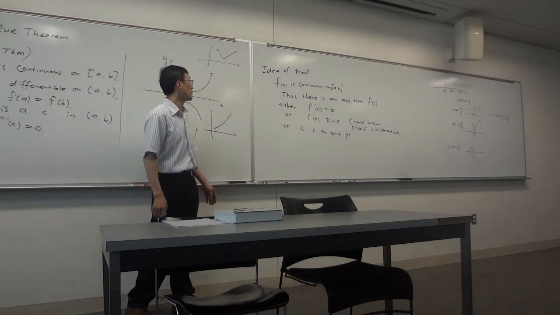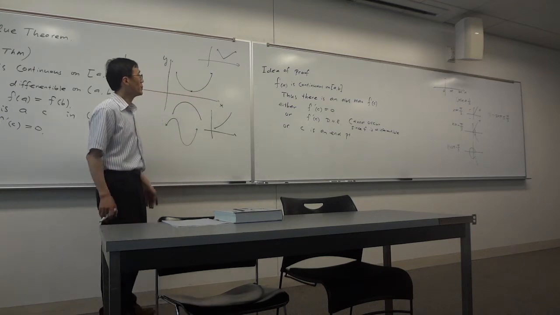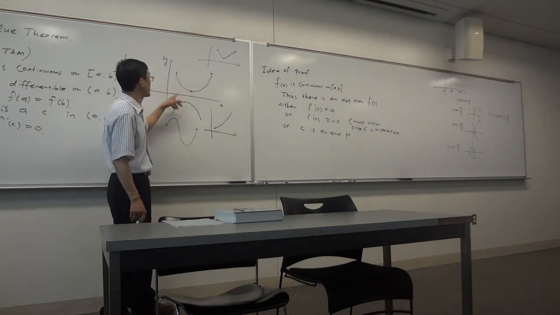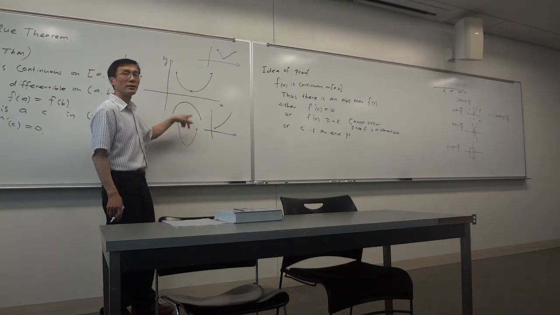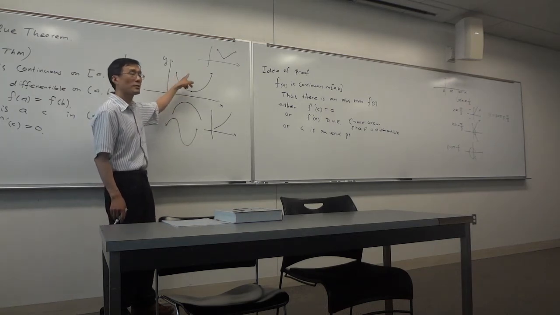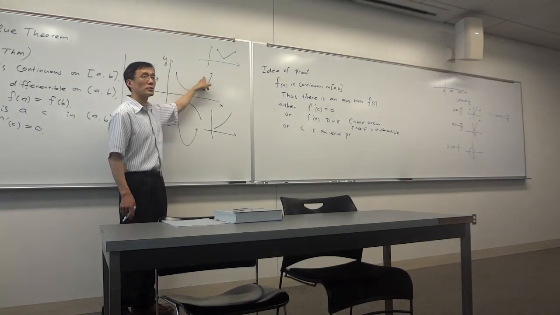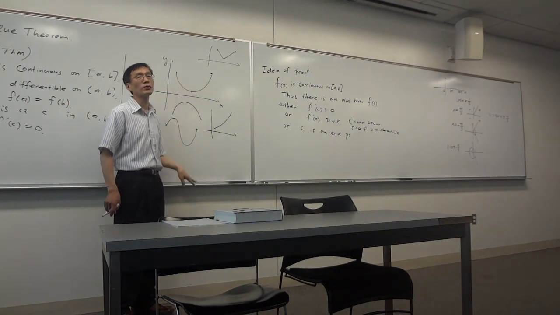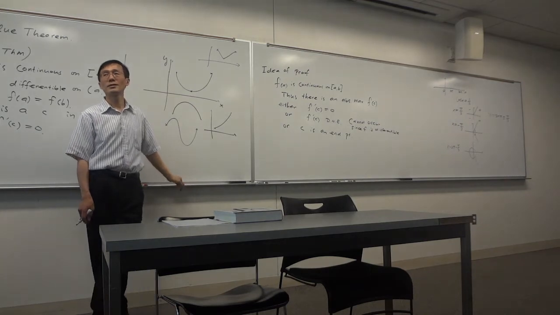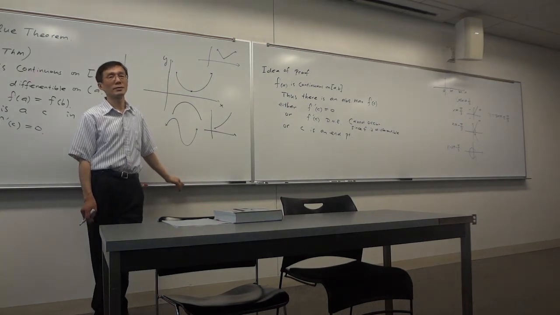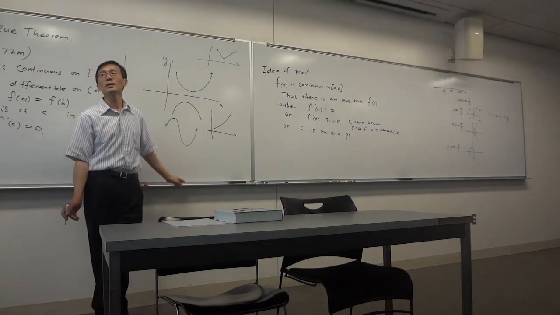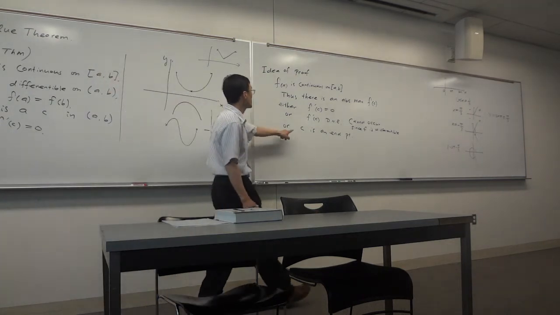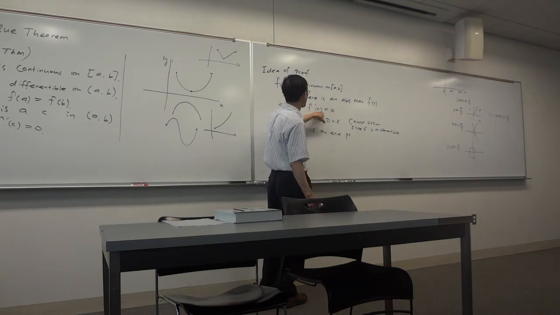If C is an endpoint, what does that mean? That means absolute maximum is at the end. Which picture would that be? It's right here. This is the picture for which absolute maximum is at the end. And when that happens, how do you get the C? You just take an absolute minimum. Okay. So in this case, you got to conclude.